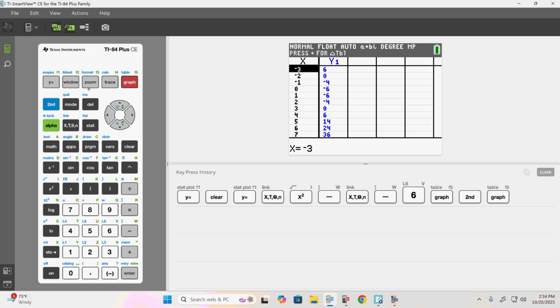So we're looking for what value of x will make the y value be 0. We're not looking for what value of y will make the x value 0. Yes. For the equation, y equals